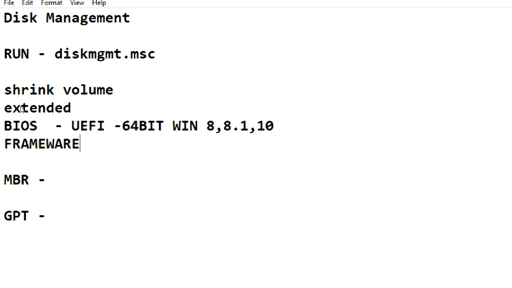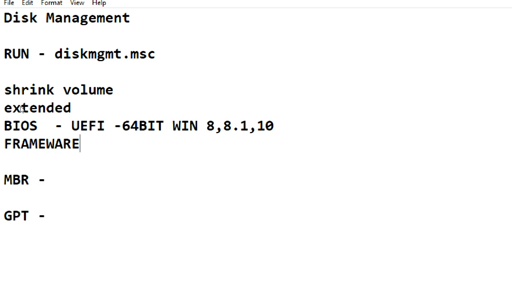You have to initialize the disk as MBR or GPT. Okay. If you are taking an MBR type of disk, there is a partition limit and a boot record. If you are using BIOS-based operating systems, then definitely your hard disk becomes MBR type. It is initialized as MBR directly.